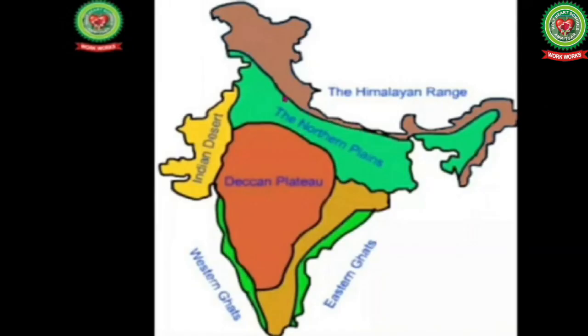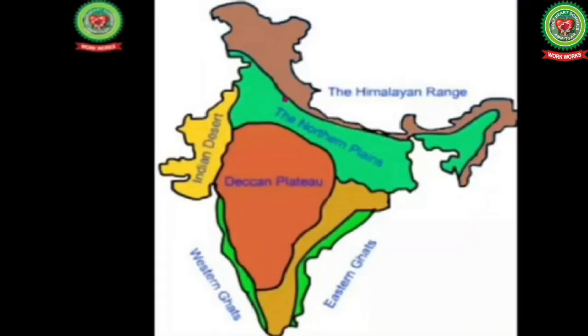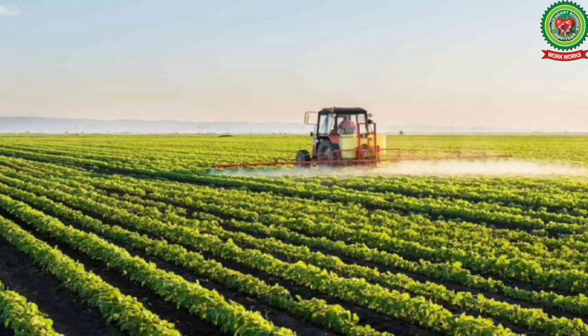picture. So students, at the second number we will discuss about northern plains, and as you can see in the picture, we use green color for plains, and the northern plains lie to the south of the Himalayan region. It is a flat and fertile land between the Himalayas in the north and Deccan Plateau in the south. It extends from Punjab in the west to Assam in the east, and plains are very useful for agriculture and contribute maximum to the income of the country. I hope it is clear to you.